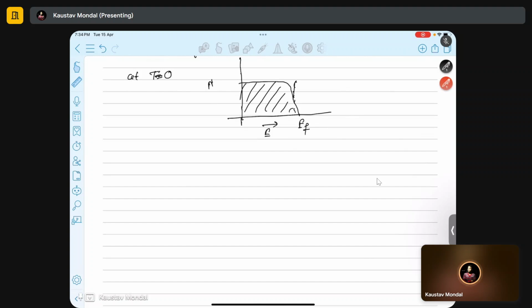So you can write the total number of particles N as the integral from 0 to EF of F(E) G(E) dE,